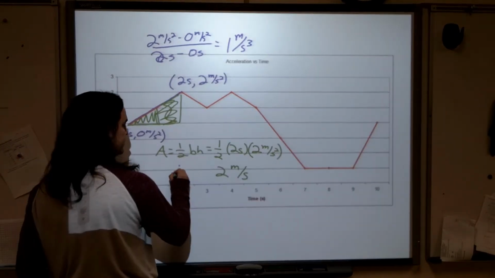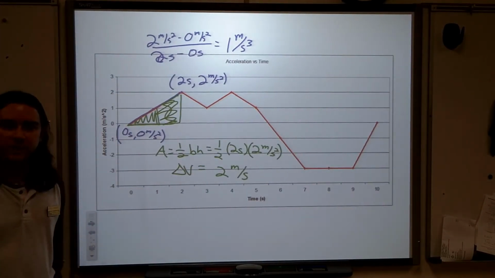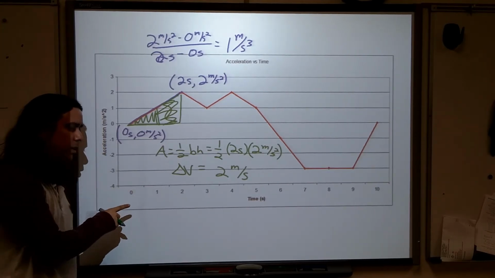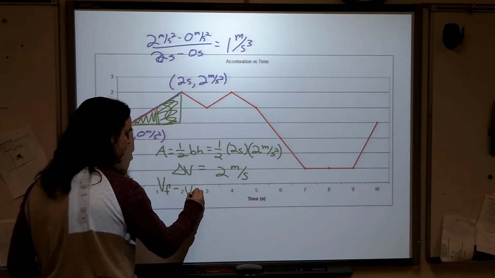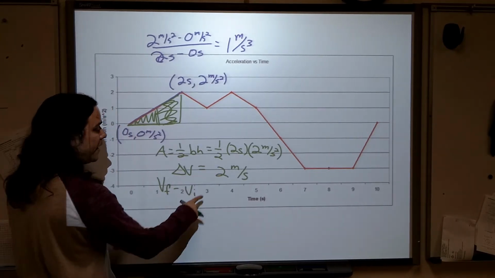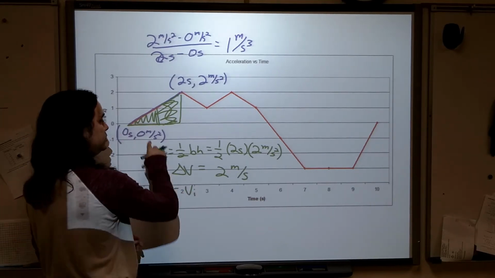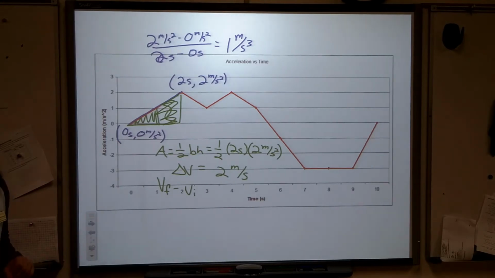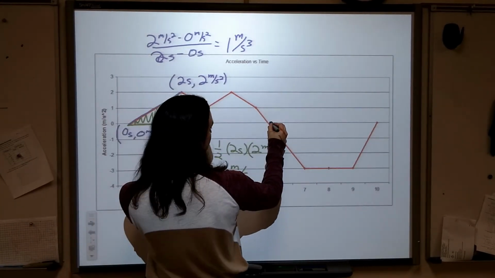What has units of meters per second? Velocity. What this tells us is actually what you could call delta V. It's our change in velocity. Now remember, as we talked about in class, delta is specifically V final minus V initial. So if I have positive 2, that means that my final velocity is 2 meters per second greater than my initial velocity. This thing is speeding up. If, however, we jump over here,